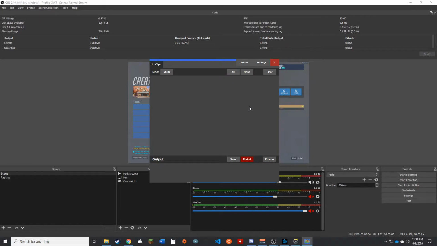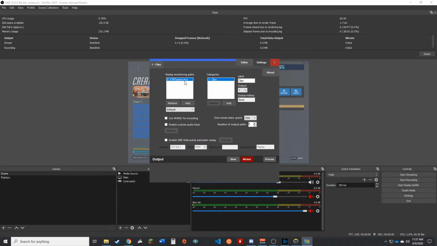You can change the colors if you would like, but it has an editor mode, a settings mode, and then this is the clips mode. I'm going to go to the settings mode real quick, then after we generate some clips, I'll show you the other two. So the first thing you need to do is come in and you need to set a replay